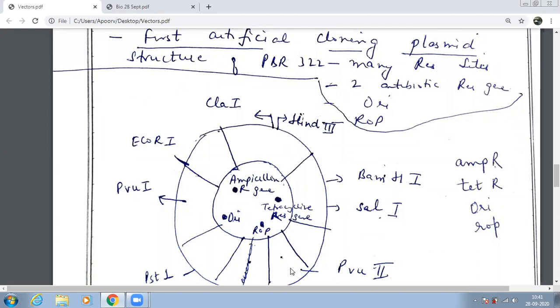Over here, we have another one, that is PVU2. You also have physics, right? Bio students also have physics. So let's remember it like this. This is PVU2. Now 1 is done, so after 1 we need to come to 2. Tell me the next one after BAM and SAL. PVU2. Tell me, everybody. PVU2.